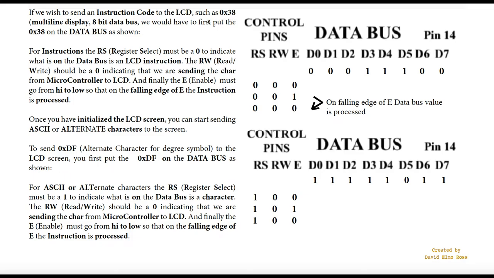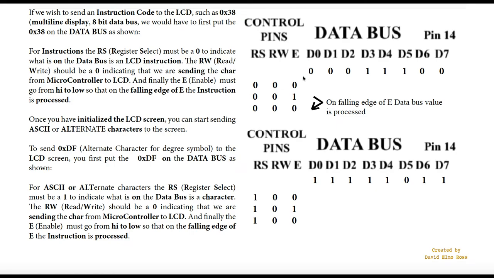So the first thing we have to do is put the 38 on the data bus. Now notice our data bus is backwards, so it's 0011, that's 30, 1000, so that's our 38 that goes on here. The second thing we have to do is tell it that it is an instruction. So that means the RS is 0, saying that this is an instruction that you're going to be dealing with. The read-write line is going to be set to 0, saying that we're storing that value 38 from the CPU